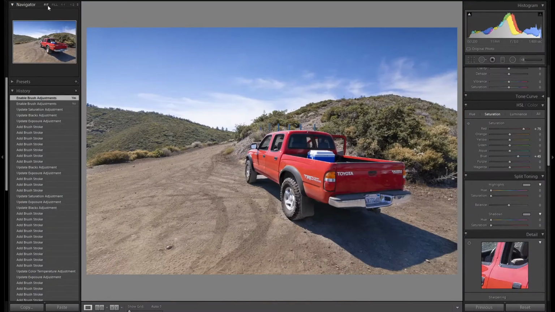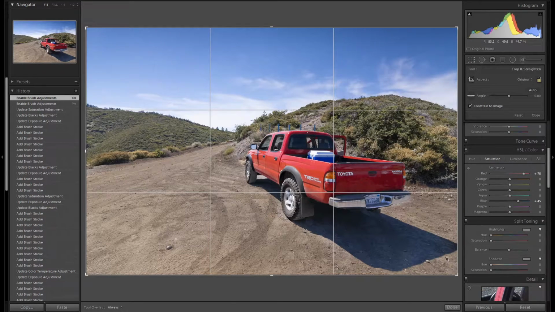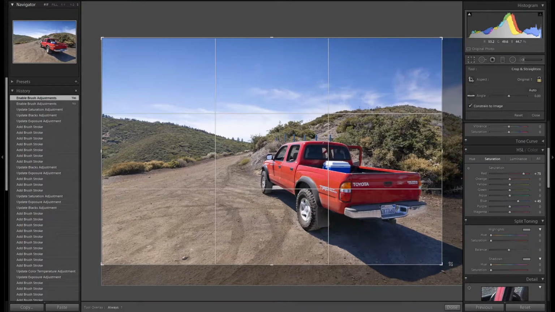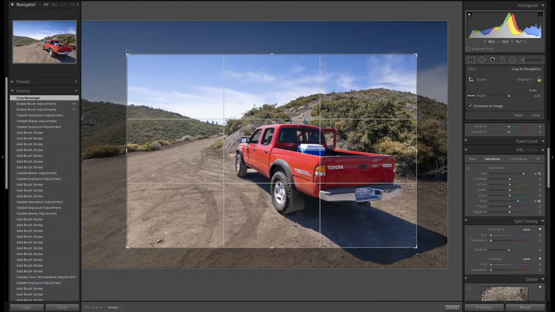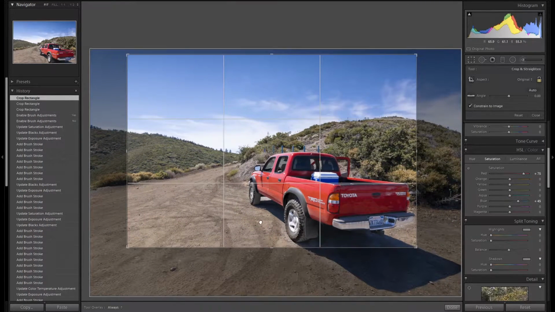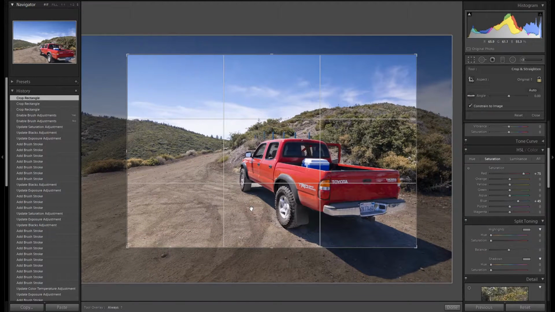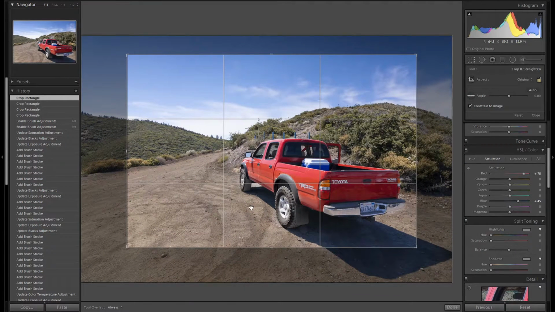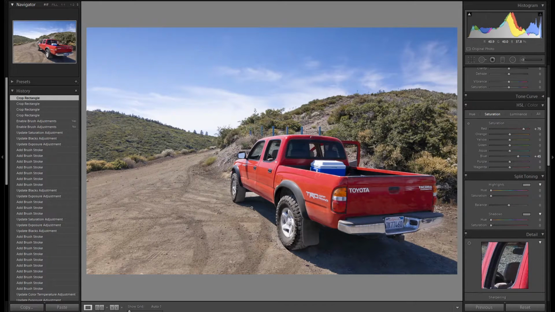Let's zoom back out and see how it looks. I feel like this image needs a little bit of a crop. Usually I don't crop my images, but let's try it out for this one. Right there looks pretty good. I felt like in the other composition, the truck was just too far away and too small. Now it fills up much